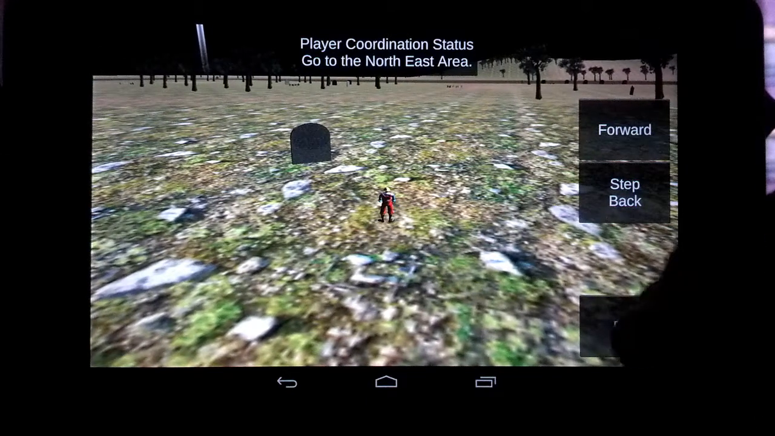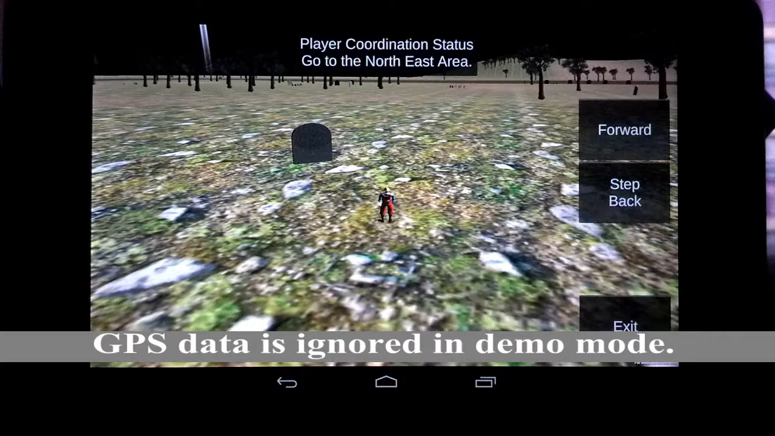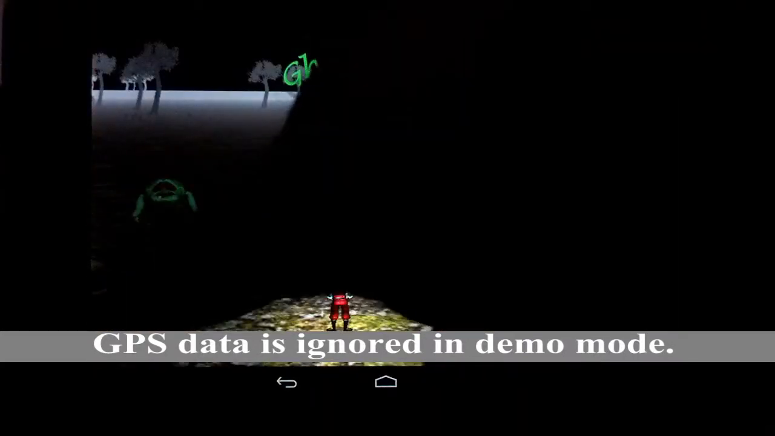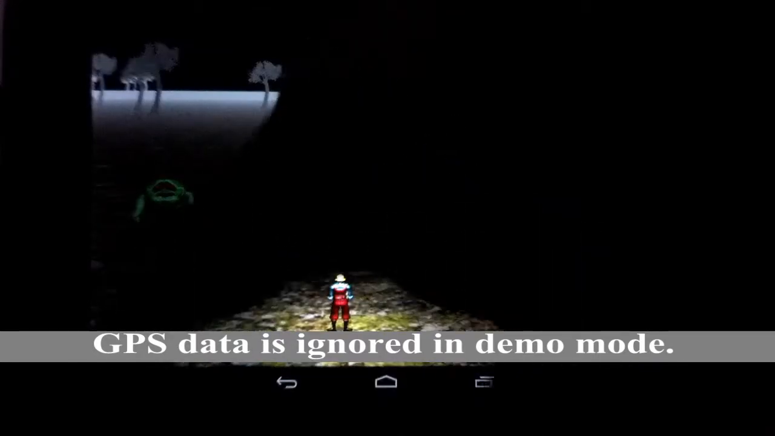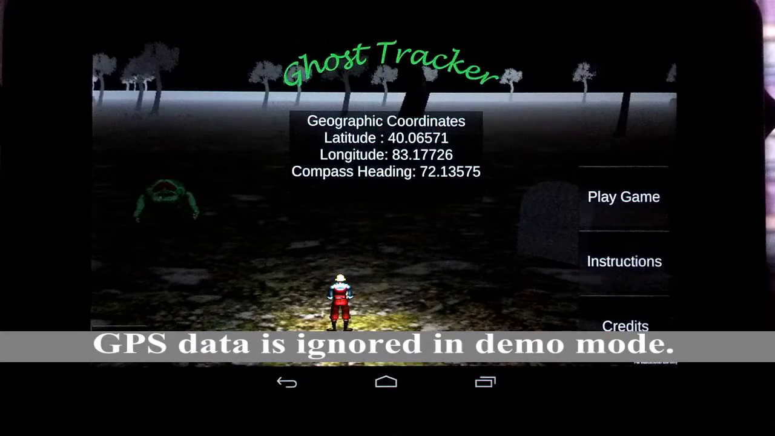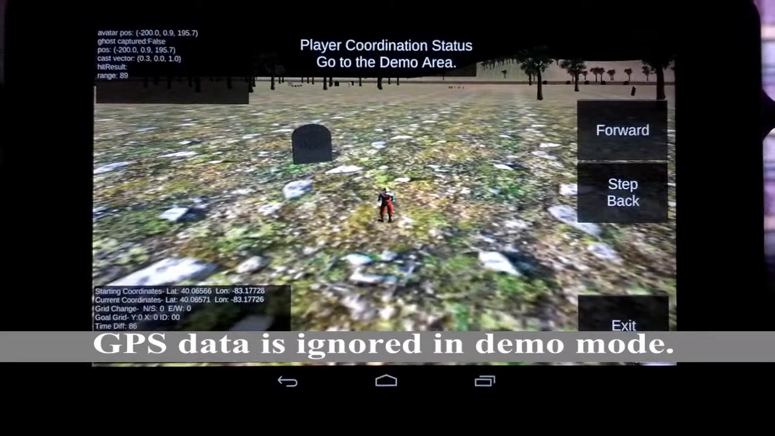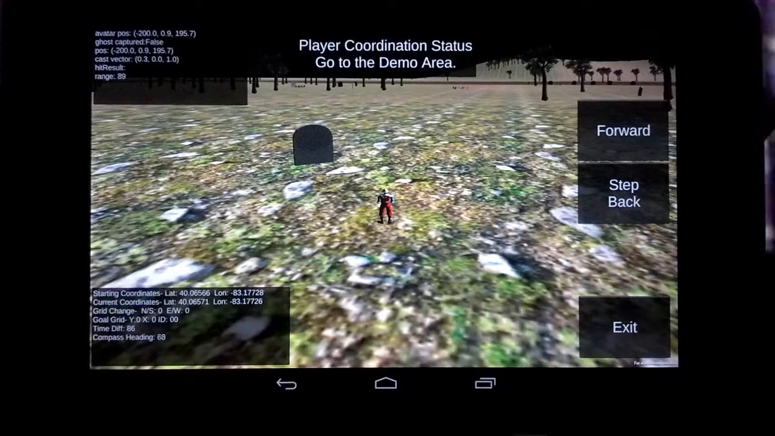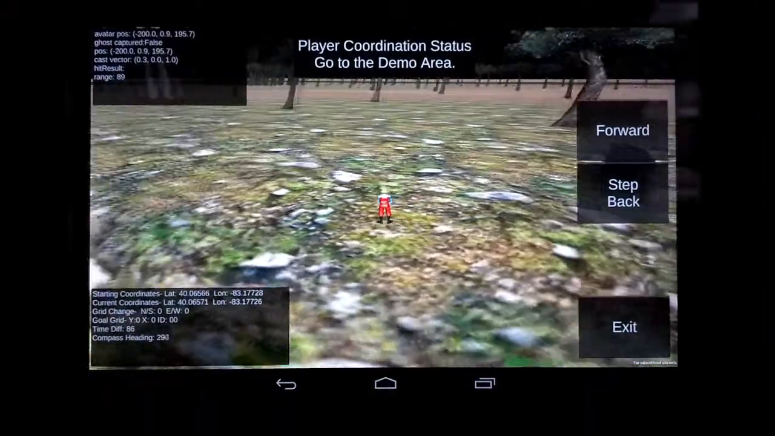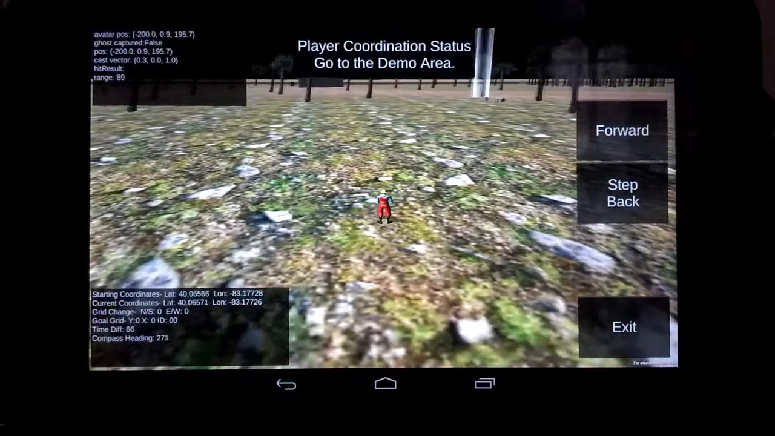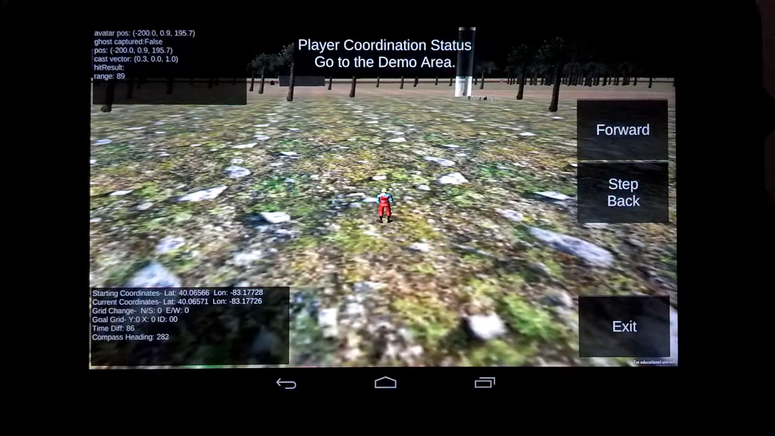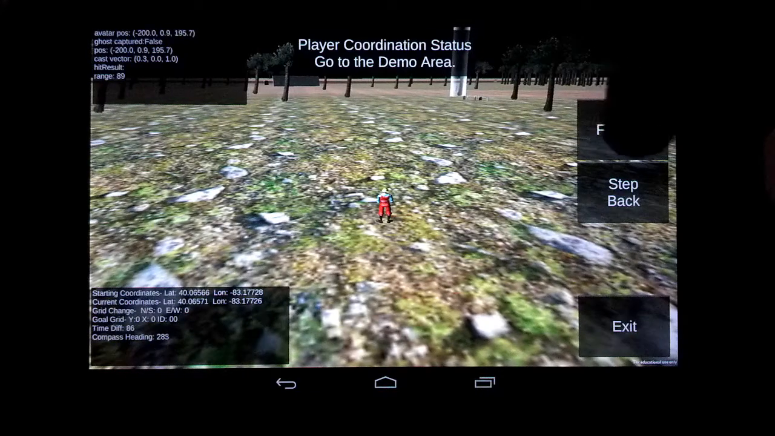We're going to exit out and start demo mode and kind of demonstrate what the gameplay elements are. Okay. Now you notice that it's asking for the player to go to the demo area, and it's over in the other side on the left. Notice that the light beacon is a lot closer. We're going to move forward,